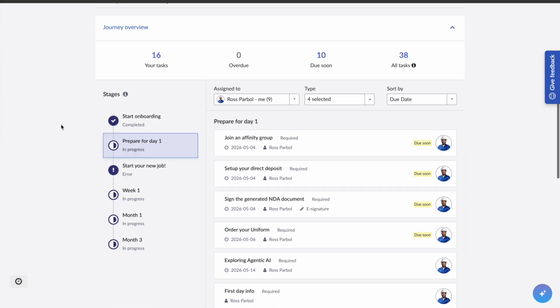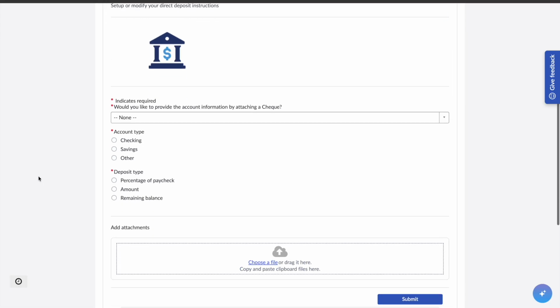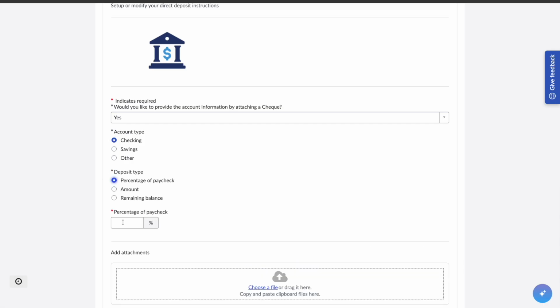And one final example here is the direct deposit setup. So this is a configured form in ServiceNow that can capture any sorts of questions and information from end users. In this case, it's asking the end user questions regarding direct deposit. So would they like to attach a check? Do they want to set up their direct deposit to checking or savings? And then what percentage of their paycheck they want to send over to direct deposit. And once they select this information, it then prompts them with entering a percentage. And again, all these are configurable fields that can be altered or revised based on client needs at the time